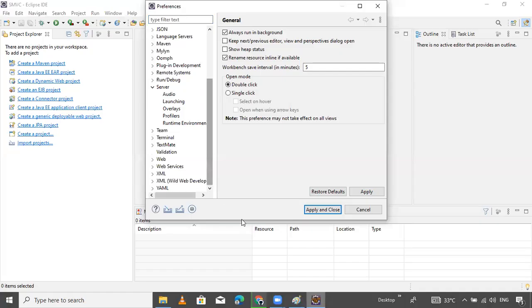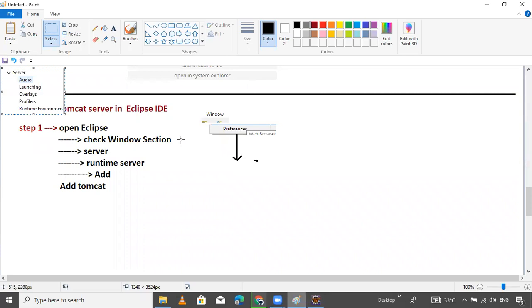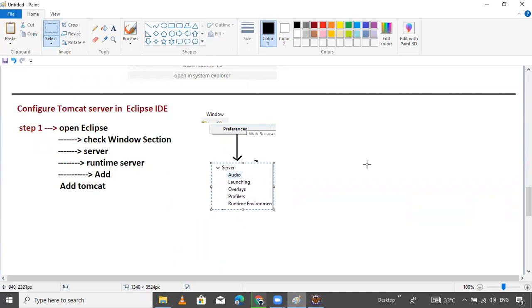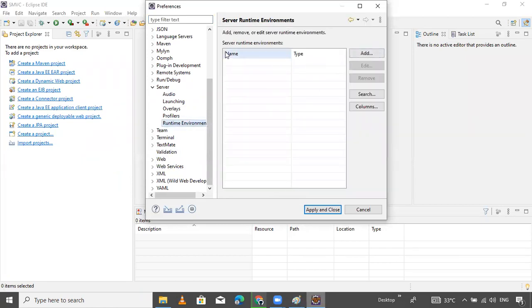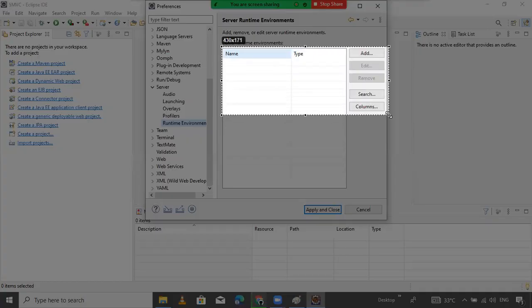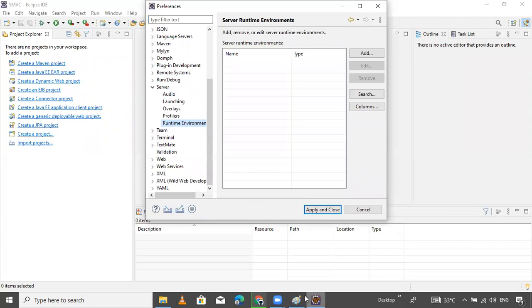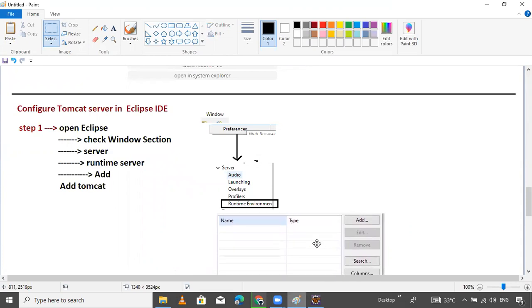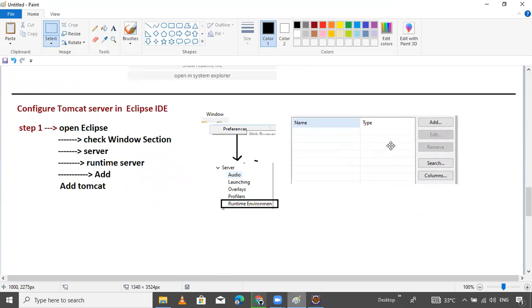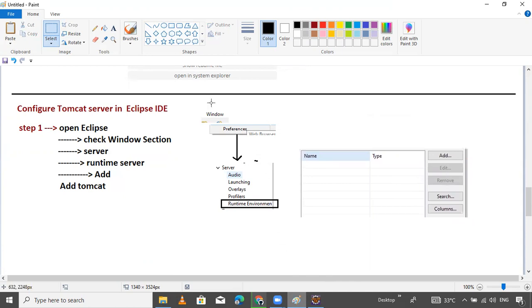Okay, Runtime Environment, see, and click on this. Now we get this type of option after clicking this button.